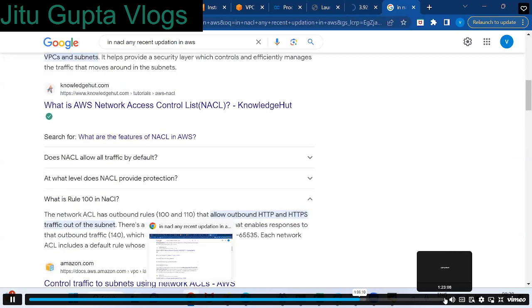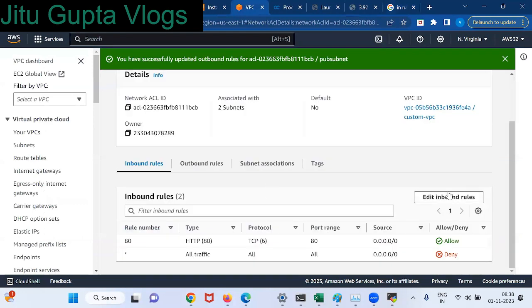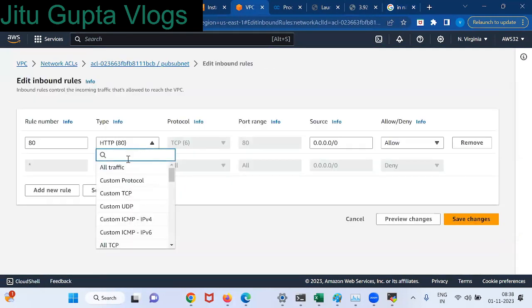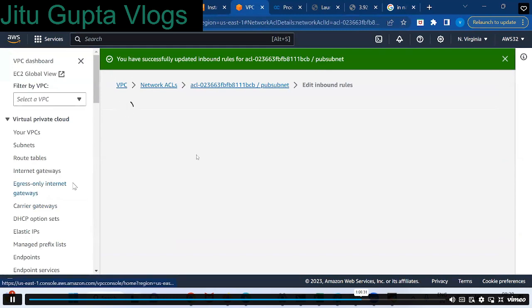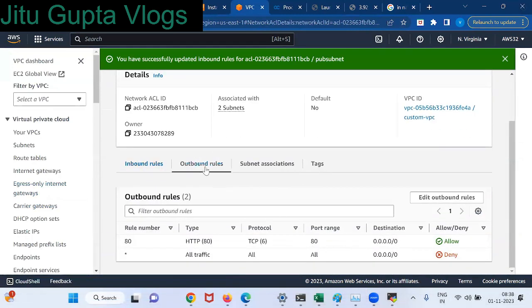Okay. We'll go and check now. HTTP 80, save changes. Outbound, we can try now.